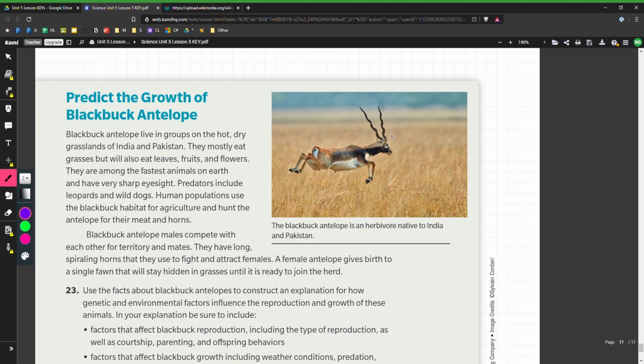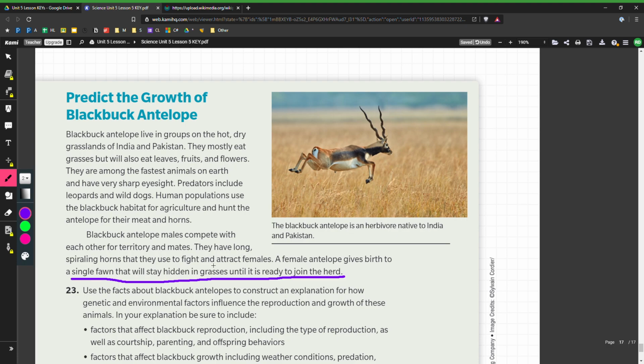Genetically, the antelope with longer, what do they call them, horns? The longer horns are probably going to reproduce more often, right? Because they are seen as more attractive to the females and they can fight better. And so those genetics are going to get passed on. It talks about how the young ones, a single fawn, will stay inside the grass until it's ready to join the herd. So these are other genetic things, like if the single fawn for some reason decided that maybe its genetics made it more risky and it was just like, I'm not going to stay hidden in the grass,